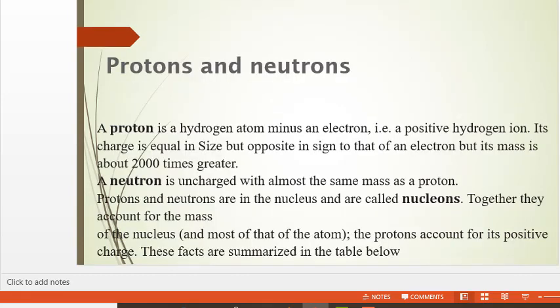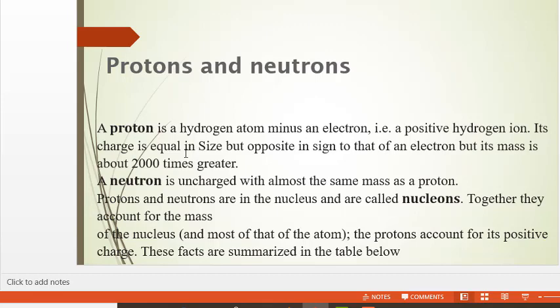Then we want to look at the protons and neutrons in detail. Like I said earlier, protons and neutrons are found in the center of an atom, and we call that center the nucleus. So a proton may, in simple terms, be described as simply a positive particle found in the